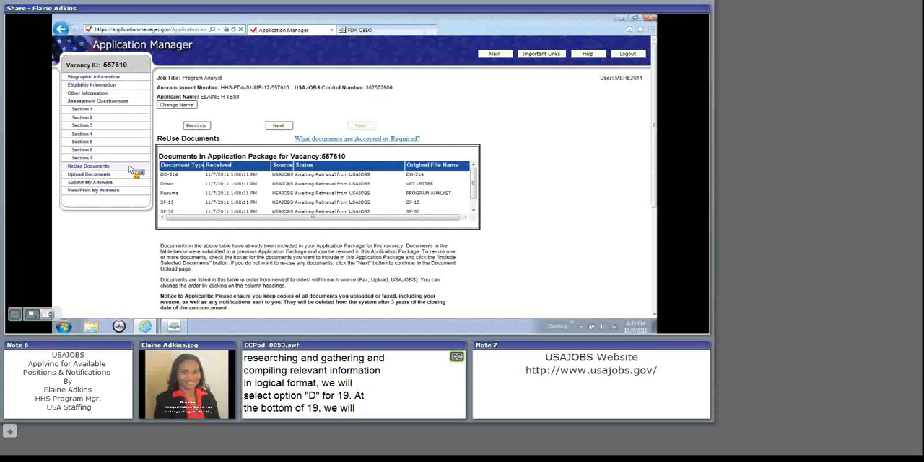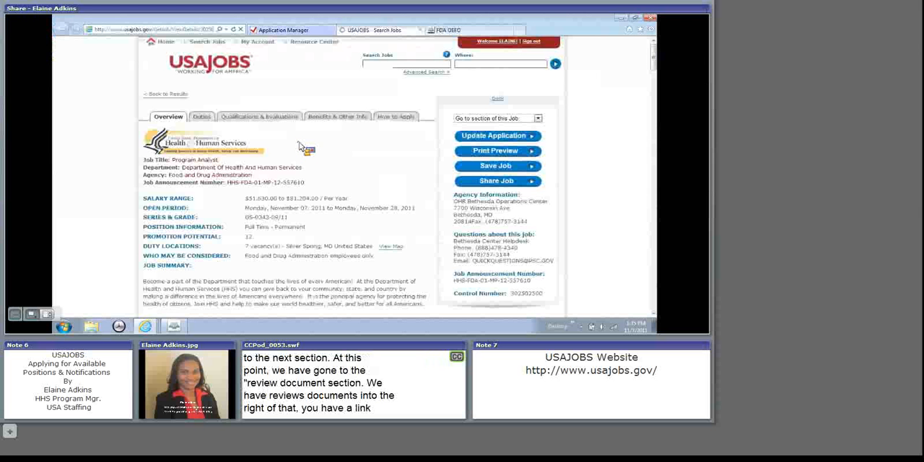At the top of the page, under the previous, we have reuse documents, and to the right of that, you have a link called What Documents Are Accepted or Required. We will click on that link so we can go back to the vacancy announcement to see what documents are accepted and are required. As you can see on the screen now,